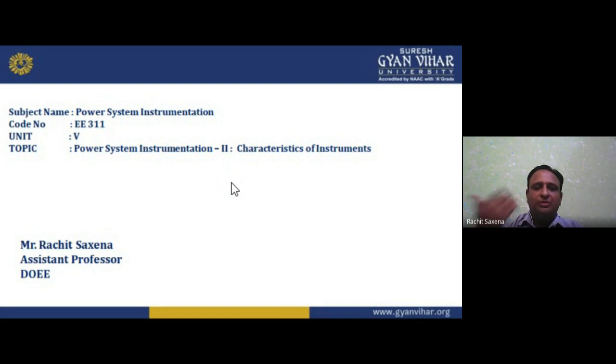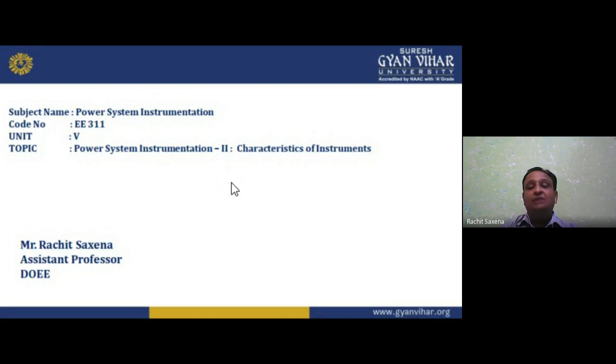If I'm talking about my syllabus, unit 1 totally deals with the errors. In errors we studied random errors, gross error, systematic error, environmental error, observation error, instrumental error, so many things. Then we understood the Gaussian curve, how we can make a curve with the help of so many readings. Then we can identify the accuracy and precision. We can also cover this in this lecture. Then we understood how we can calculate with the help of mean and deviation. So we have the mean, the center value, and the deviation. We have the arithmetic mean, the standard deviation and the variance method. So we calculated by all these methods in unit number 1.